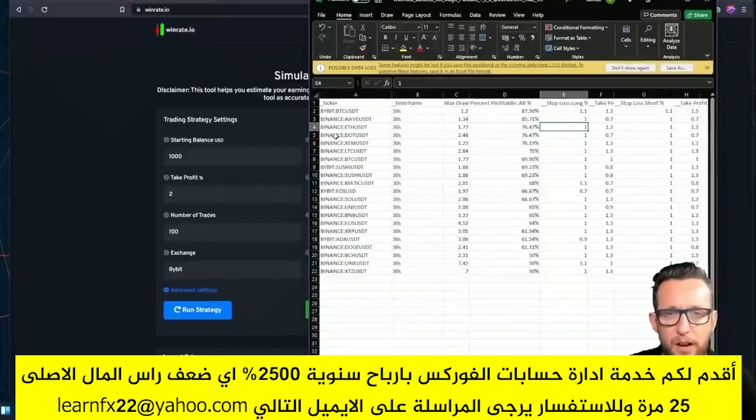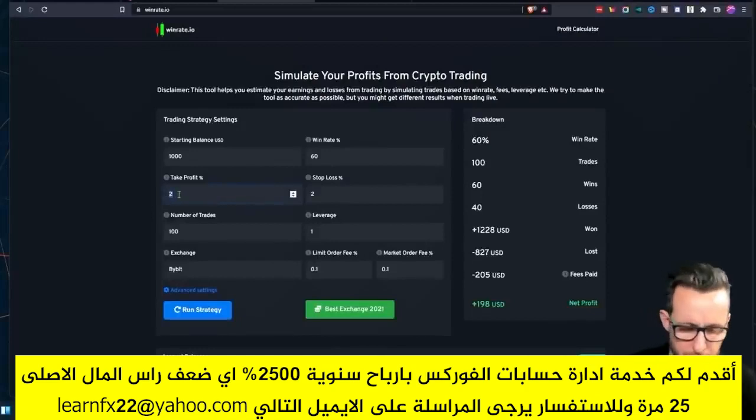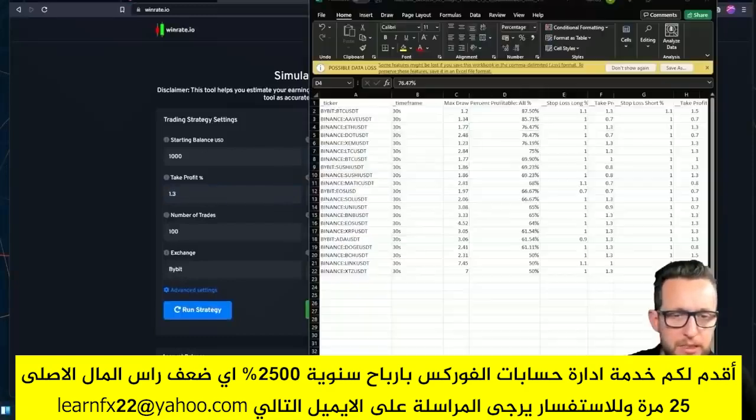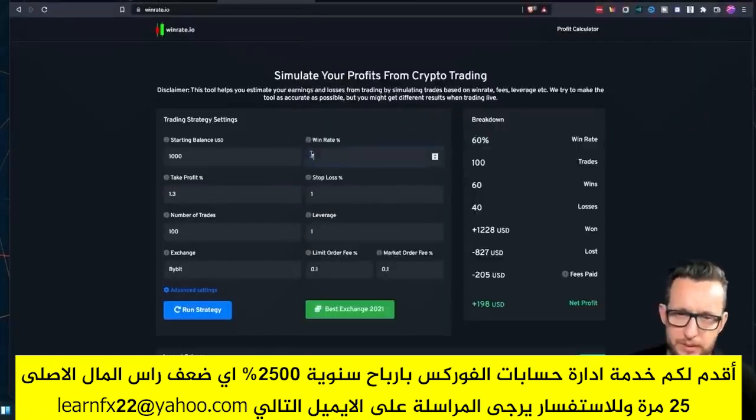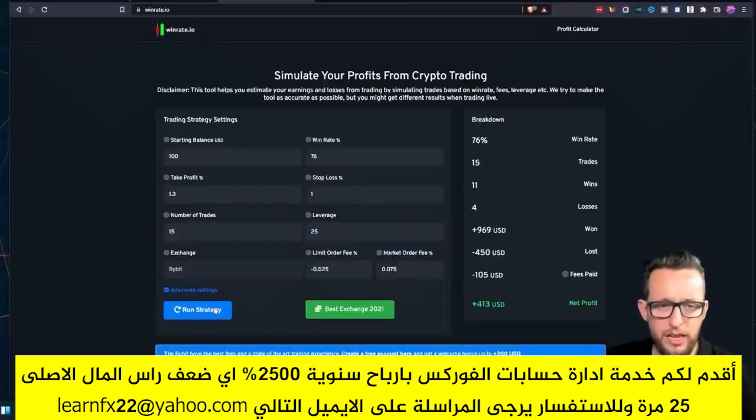So let's go for a random one here. Let's try ETH on 76%, 1.1 and 1.3. So we got a take profit of 1.3 and a stop loss of 1. I think it was 76% win rate, wasn't it? 76% win rate. And I'm going to say that we had 15 trades. We had a starting balance of $100, and we're going to be on 25x leverage. I'm going to click run strategy, and as you can see, the net profit would potentially have been